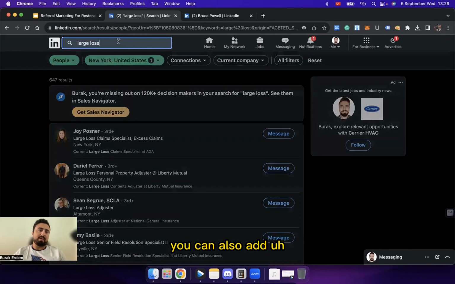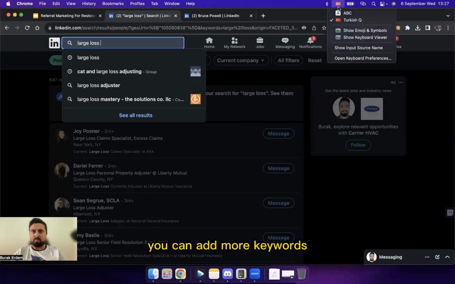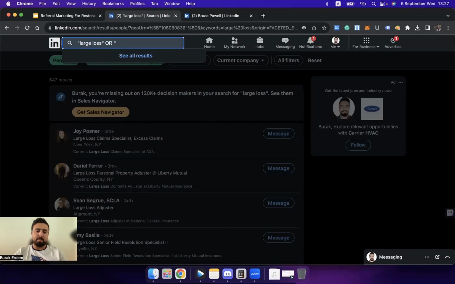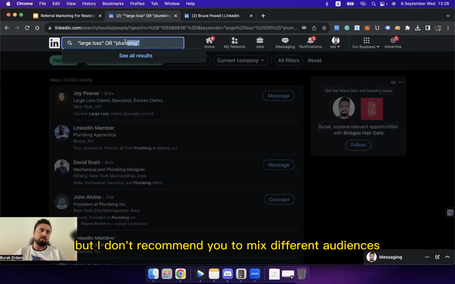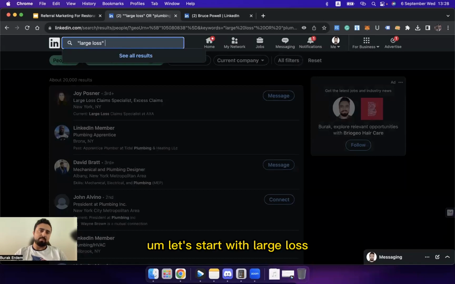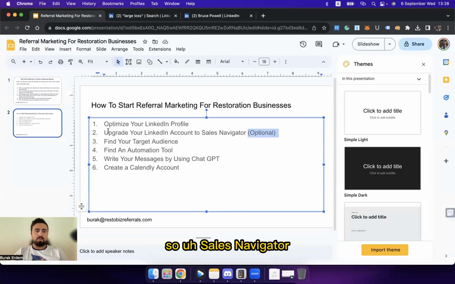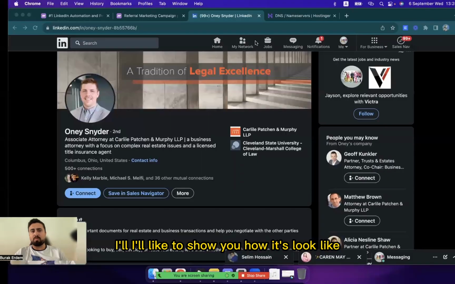You can also add more keywords. So large loss, I can add OR and then plumbing. So you have more options obviously, but I don't recommend you mix different audiences. Let's start with large loss. So Sales Navigator, I would like to show you how it looks like.